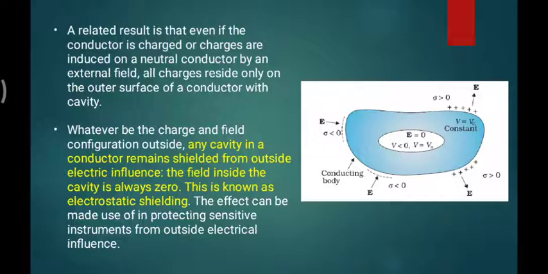You just make the cavity and go there, because sometimes a man has to go inside a huge experimental setup, like at CERN in Geneva, or LIGO, the Laser Interferometer Gravitational-Wave Observatory. There are huge electric and magnetic fields. If a man goes there, their tissues just burn out within a second. But if you have such a cavity through which you can go, the influences are not there. This is called electrostatic shielding.